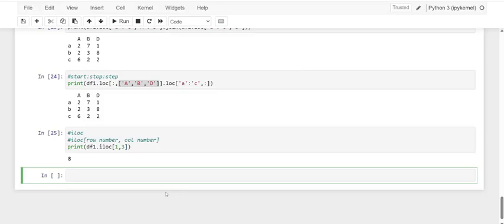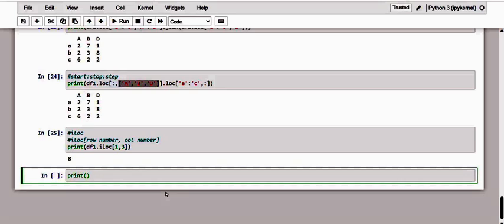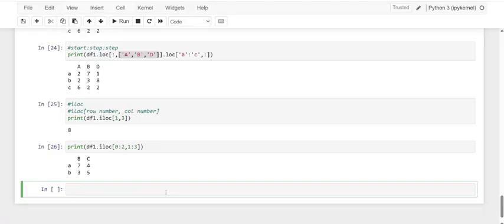The slicing technique works by specifying ranges of numerical indices. So if they are adjacent, kindly observe how we make it. I'm going to make use of iloc here, and 0 to 2 is the row, and next 1 to 3 is the column, and what we get is a subset. Kindly observe that we are getting the subset.